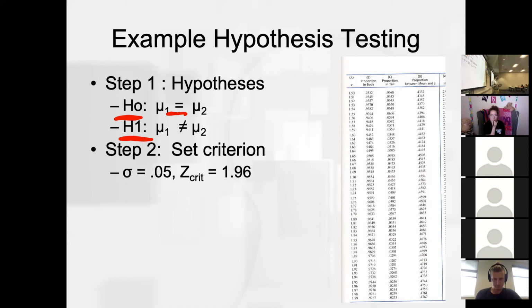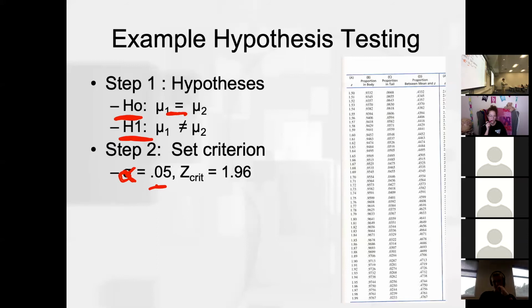Step 2, we're going to set that criterion, right? So this should be an alpha, not an omega. There we go. So our alpha level is 0.05, and we're going to do it in 2 tails, right? You could do it in just 1 tail if you've got a direction to expect, but it's typically the case that you do 2 tails. And so 2 tails means we're going to take that alpha of 0.05, that probability of 0.05 or 5%, and split it up into those 2 tails.